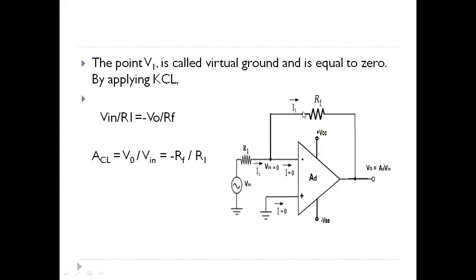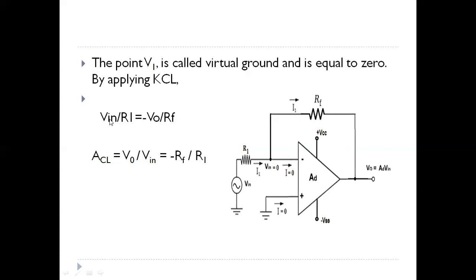And next, similarly, the current through the resistance RF is the difference voltage. Here we have the starting point as this point, ending point is this point. The difference voltage is 0 minus V0, the voltage at this point is V0. So 0 minus V0 by resistance RF means minus V0 by RF. So that means Vn by R1 is equal to minus V0 by RF. This is the entering current, this is the leaving current.